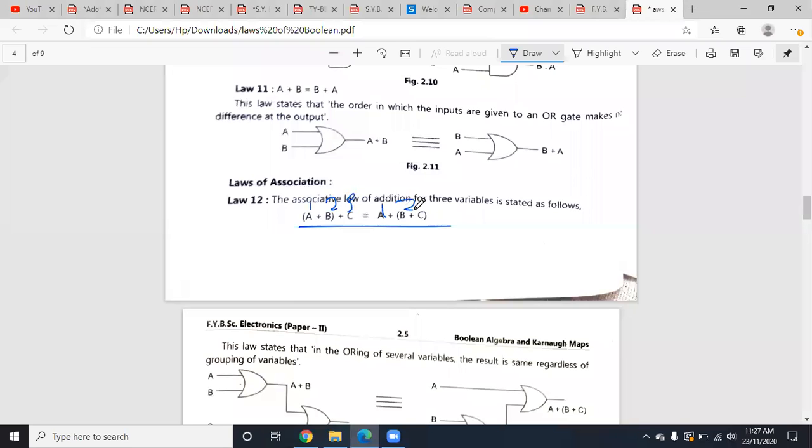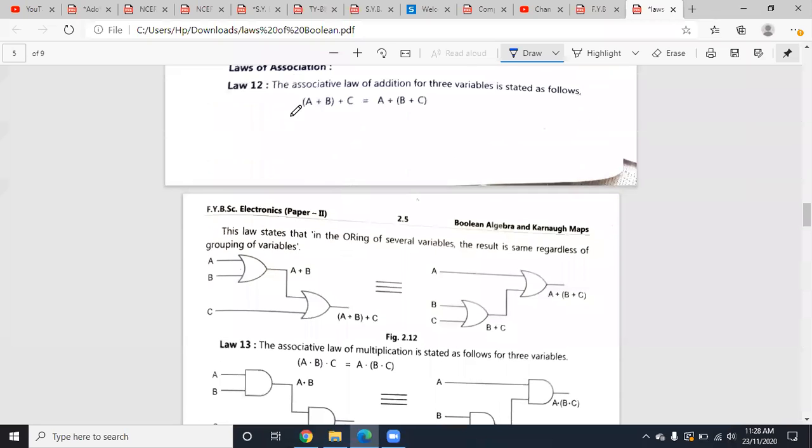1 2 3. What is the answer of this first term? 6. And what is the answer of the second term? 6 only. So both the terms are equal, right? This is just for your understanding. In Boolean, we are not going to use any number other than 0 and 1. Correct. After that,